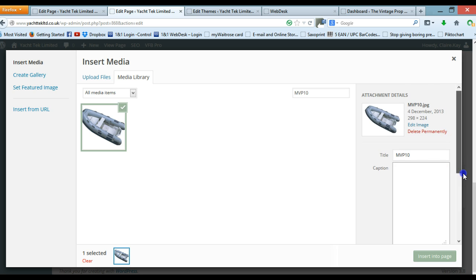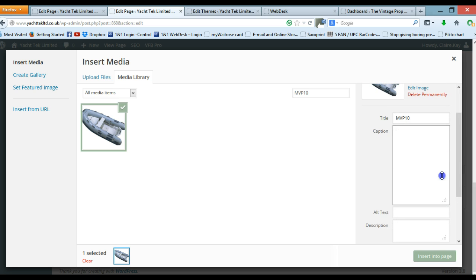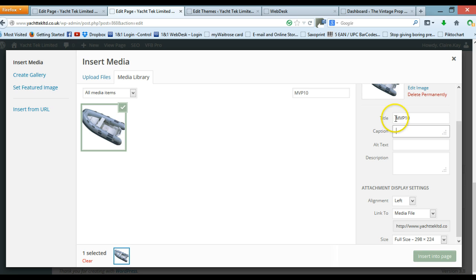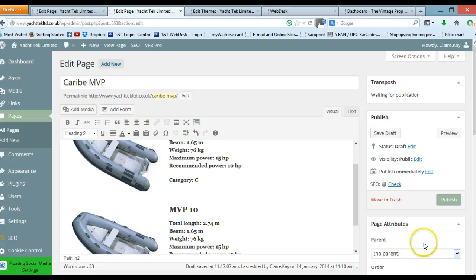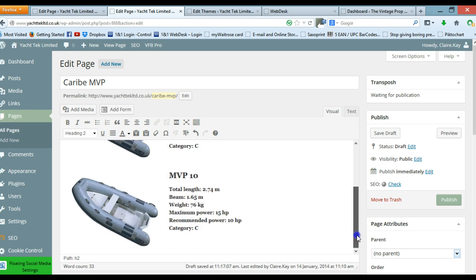So there we go. So I've removed that out of the caption box, and I've got to actually improve the title and alternative text. So put in Caribe MPV 10. Copy that and then paste it into the alternative text and the description. Happy with the size, so I go Insert into Page, and as you can see that's now sitting next to that. Again, I'm going to save this as a draft